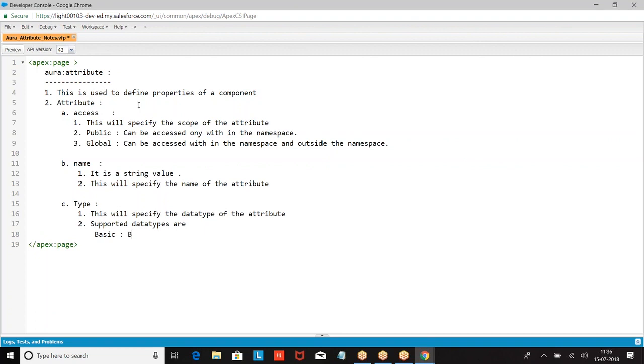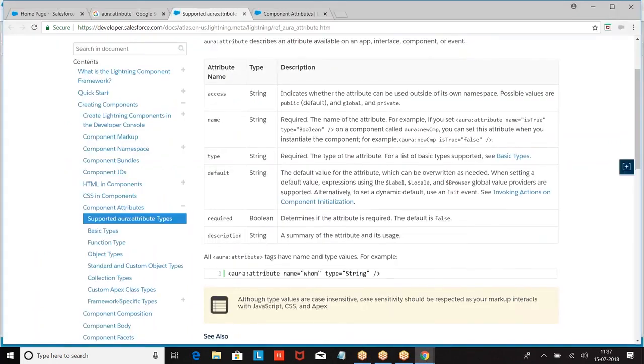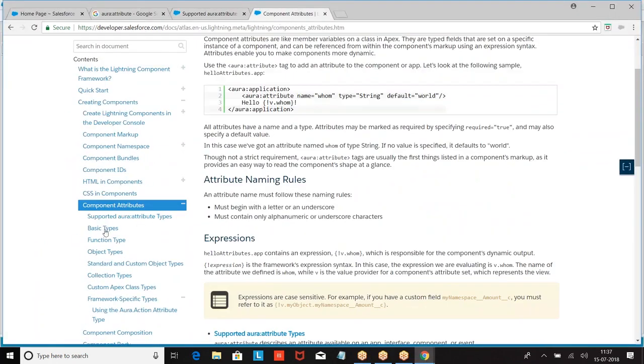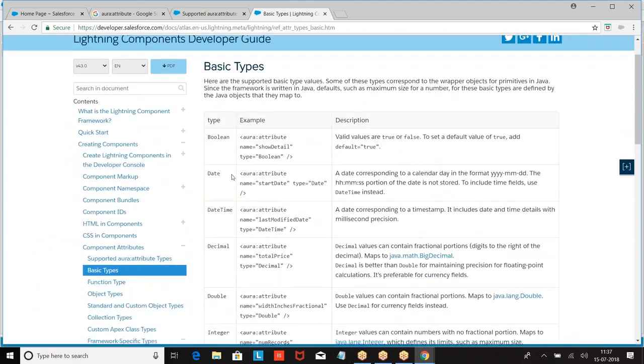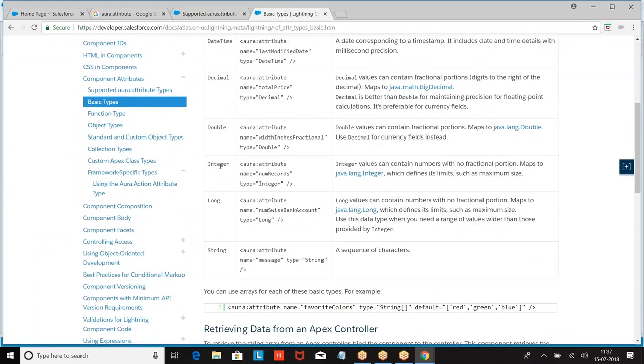What are the basic elements we have found? Boolean, date, date time, decimal, double, integer, long, string. Basic types: Boolean, date, date time, decimal, double, integer, long, string.